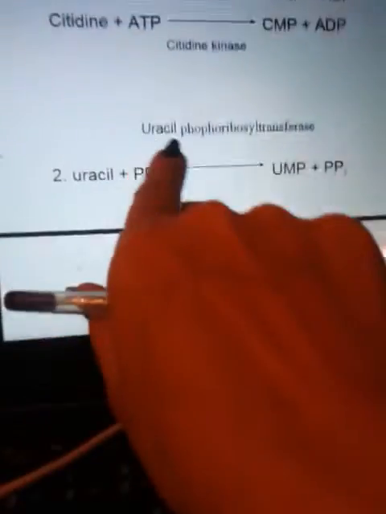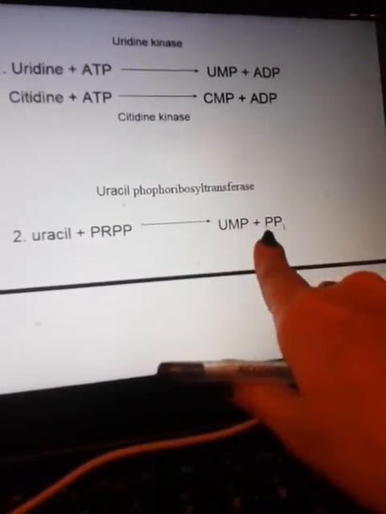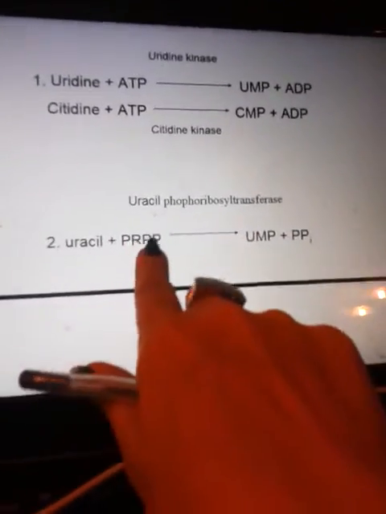Thymidine. Cytidine. Plus PRPP produce now the ribose add, and now the uridine monophosphate is produced. We add the phosphate and ribose. You see, I have a uracil. I add the ribose with one phosphate here, and now this is a UMP,